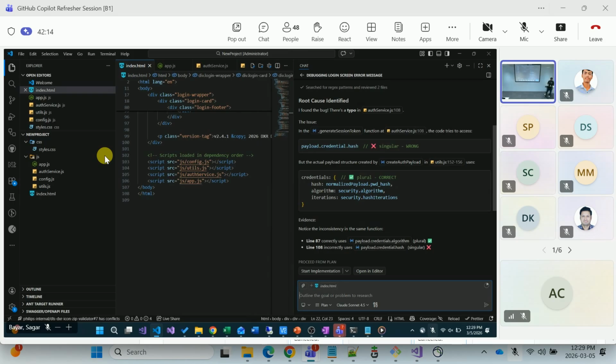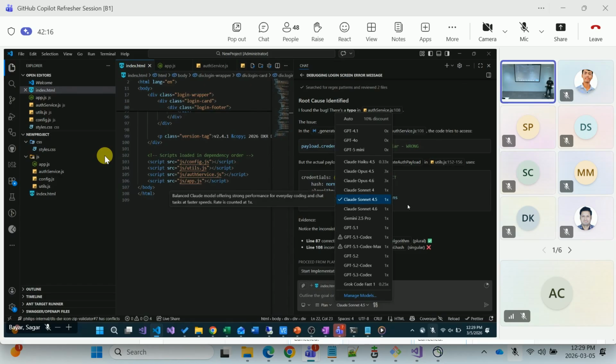Opus, yeah, but it is costly. For investigation and creating a plan, Sonnet works. So if you see that it's quite complex work that you want to do, then you go ahead with Opus 4.6, but don't do everything with Opus 4.6. It's overkill, right? One thing with Opus is it has a huge context window. Whenever you are working on a large project,